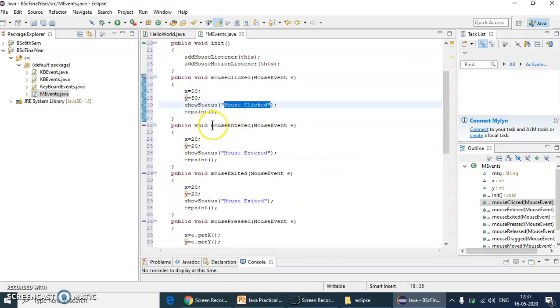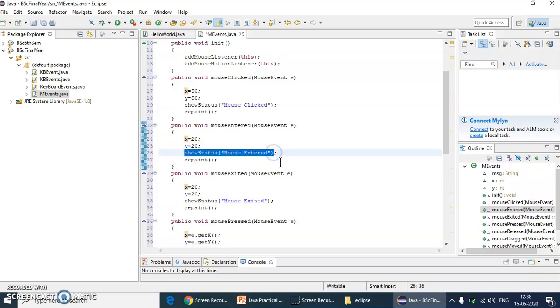Similarly, this is the method mouseEntered. So when the mouse is entered from outside to the inside of the applet window, at that time this event will be triggered and the action is: x coordinate and y coordinate should become 20, 20 and the status should be displayed as mouse entered.